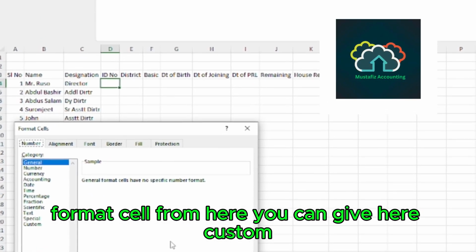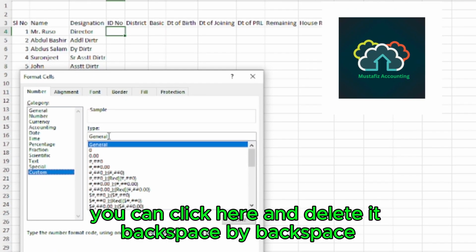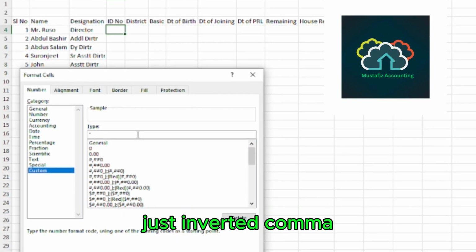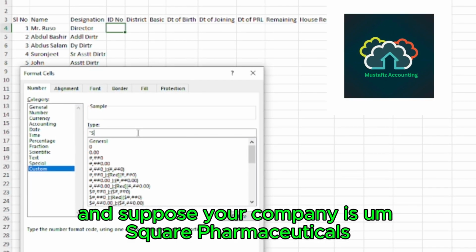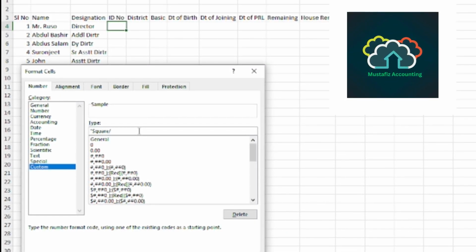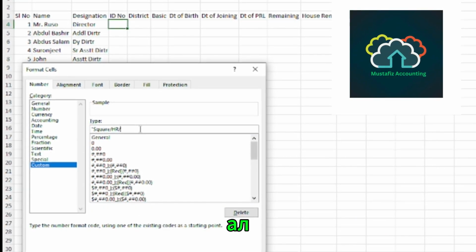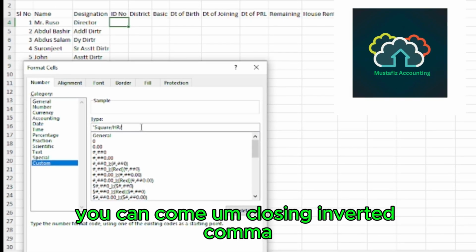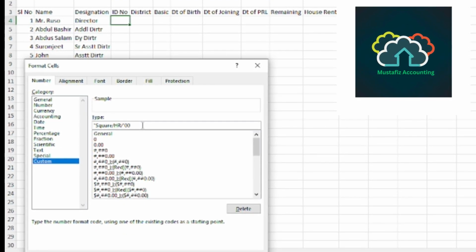From here you give Custom, and delete this, backspace by backspace, just an inverted comma, and suppose your company is Square Pharmaceuticals, oblique, the department is human resource, oblique, closing inverted comma, then you give 0 0 0. Okay,